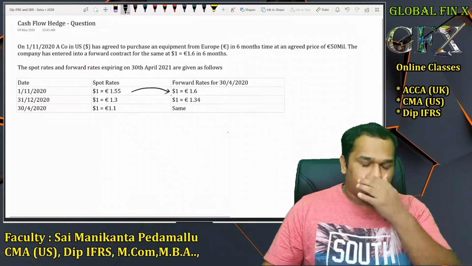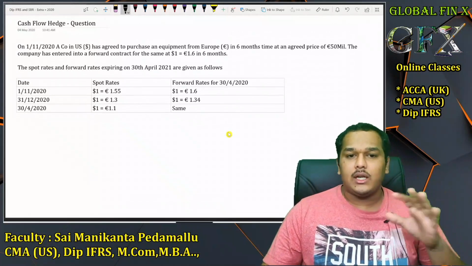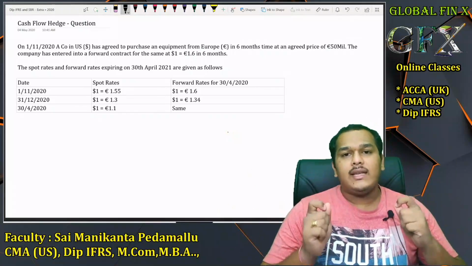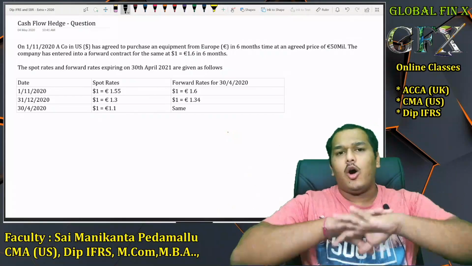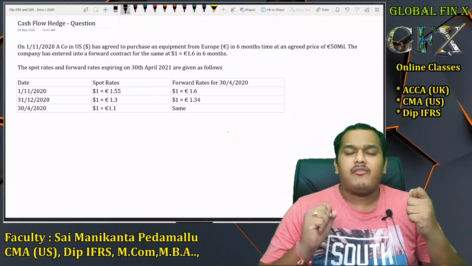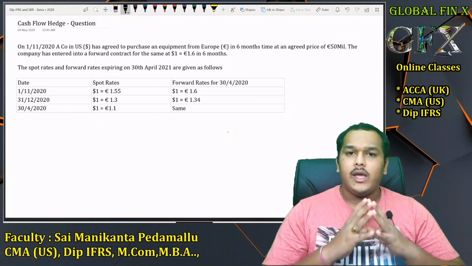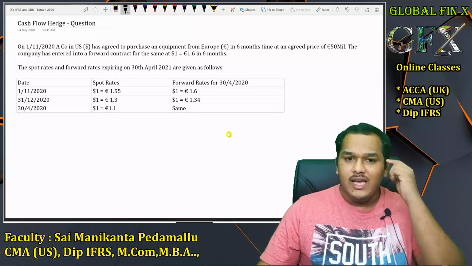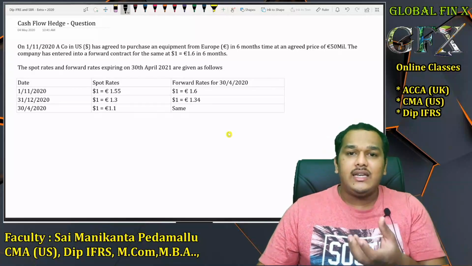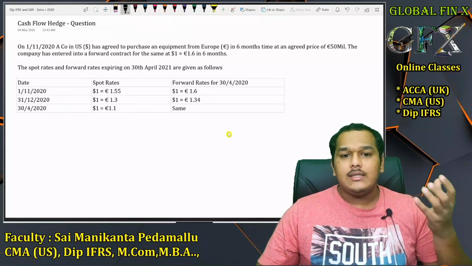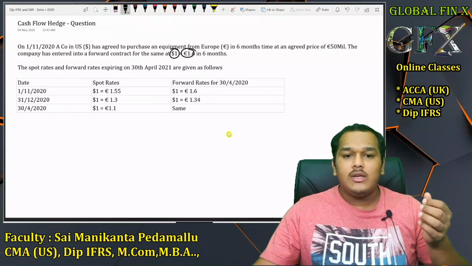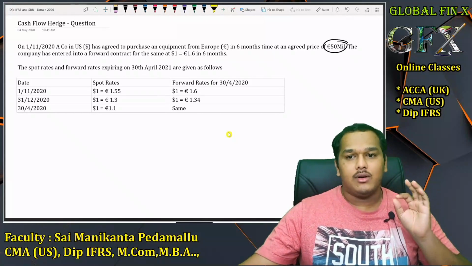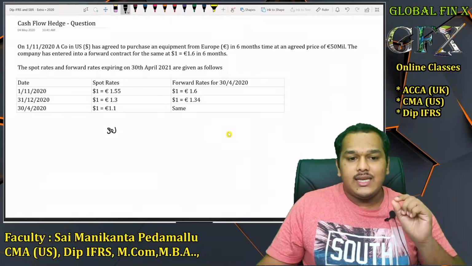Now, just before we even start solving this particular situation and identifying all the delta changes, first let me ask you a very straightforward, simple question. If all the accounting is kept aside, from a financial management perspective, if you think carefully what is happening here, I entered into a forward contract with my banker saying that $1 can be converted into 1.6 euros after 6 months. Absolutely fine. I have to pay 50 million, right? So the settlement value,